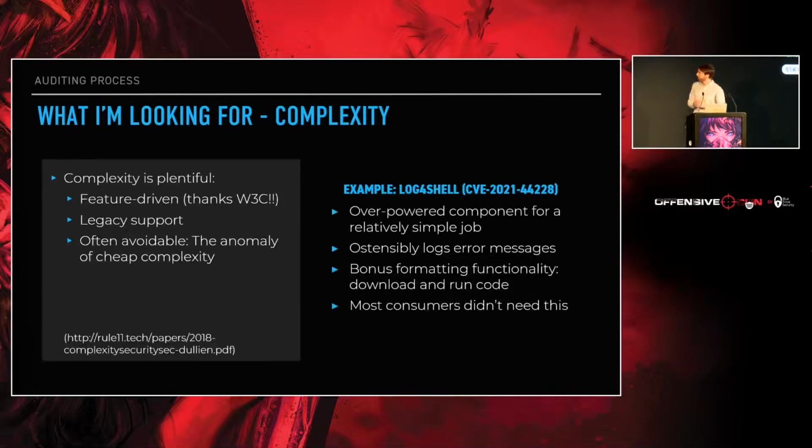Thomas Dullien and Halvar a couple of years ago did this really good keynote that I urge you to go and read, called The Anomaly of Cheap Complexity. He was talking largely about hardware devices, but everything he says applies equally to software. And the thrust of his talk was that when people are engineering solutions for something,